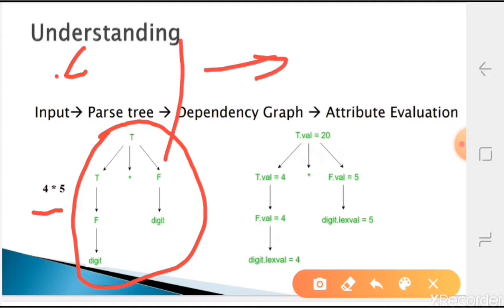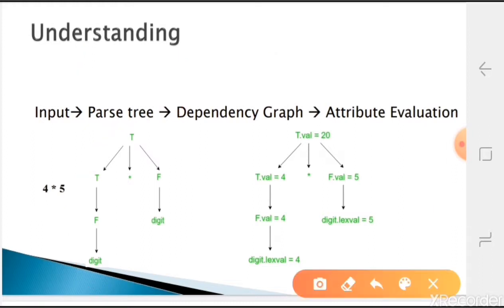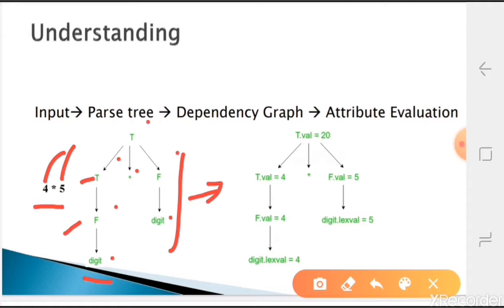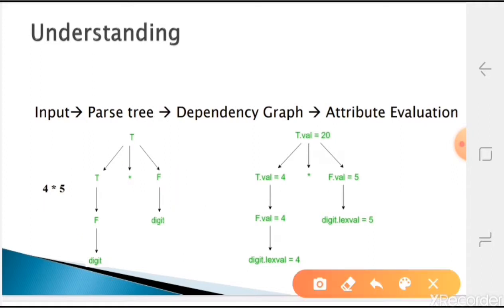Now this is the parse tree that was created, and it will be given to the next phase, that is the semantic analysis phase. In the semantic analysis phase, whatever parse tree we have, depending on the input we created, we now have to assign values to the actual parse tree contents. For the nodes in the parse tree, or for a grammar, whatever symbols are there, you have to assign the values and evaluate them. That purpose is served by the semantic analysis phase.